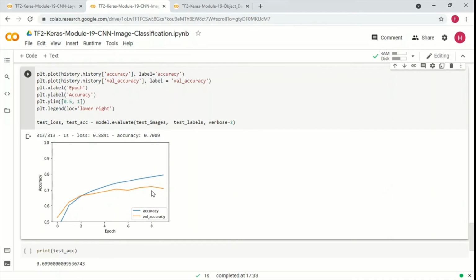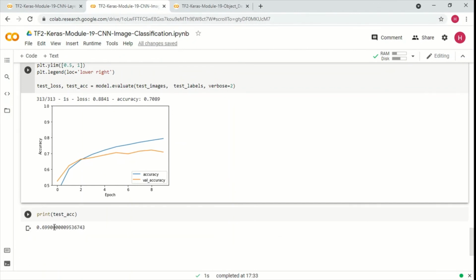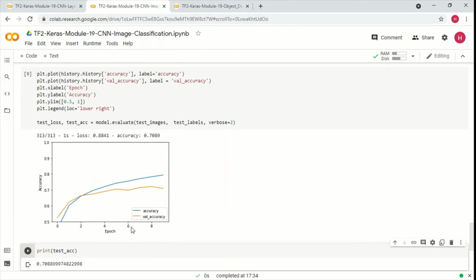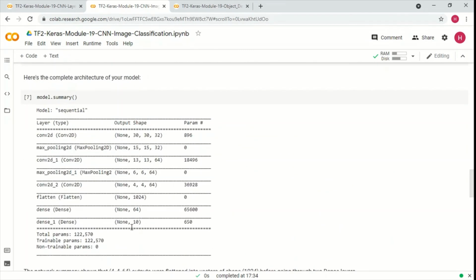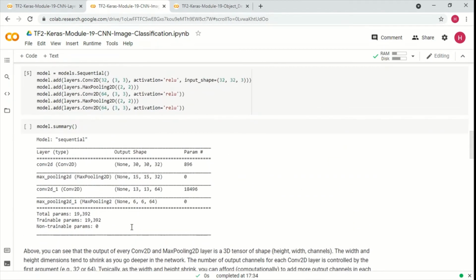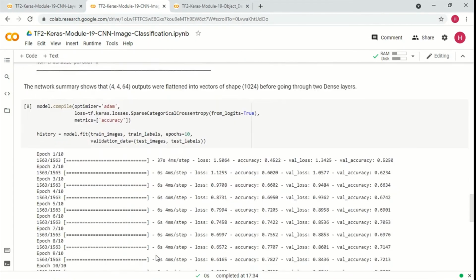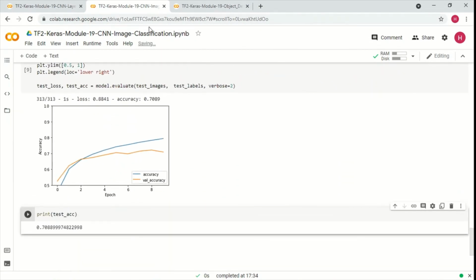The validation accuracy, as expected, flattened, and the training accuracy still kept on going. Then we'll just check the test accuracy also. Okay, so we are able to get about 70%, 71% accuracy. Obviously we can experiment with adding more convolution layers and playing with the filters, and we can try to see how that impacts the accuracy of the model, right?